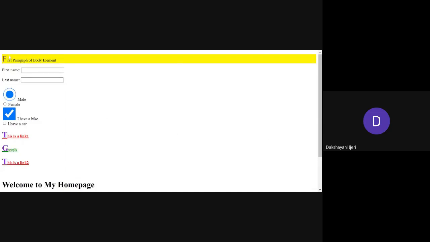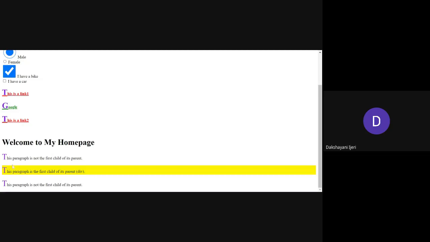Okay, so you can see here the first child of the body element is having the yellow background. And one more property that we have set for every paragraph is that the first letter should have this color. I think this is somewhat purple or a lavender mixed color. And the first letter should have a 200% larger font size compared to the rest of the element, right? So this has been applied here. And one more time with this element, because it is the first child under the division element, right?